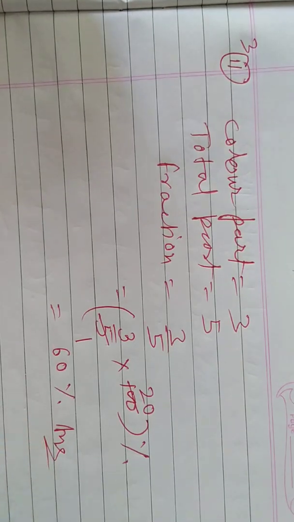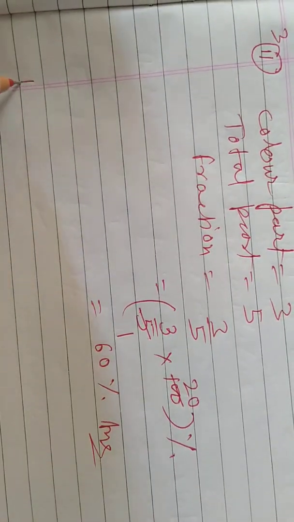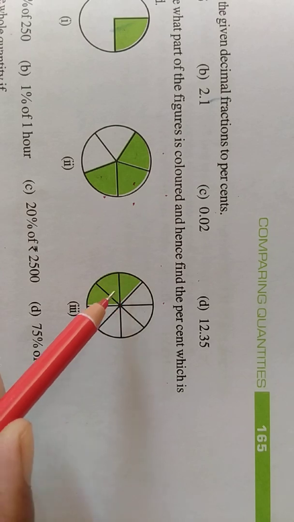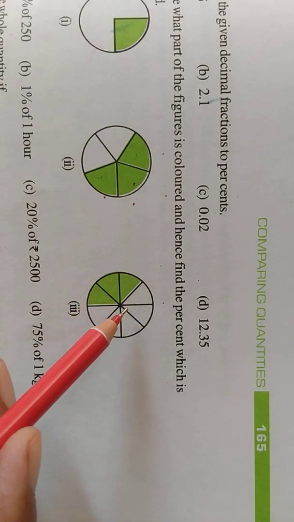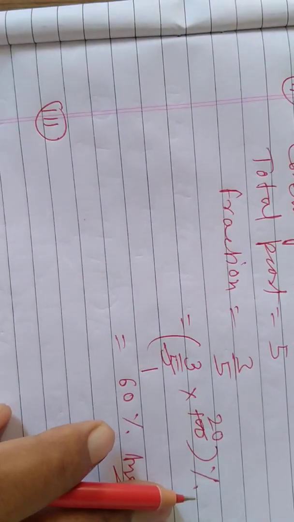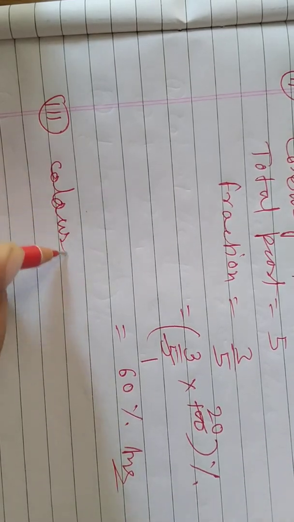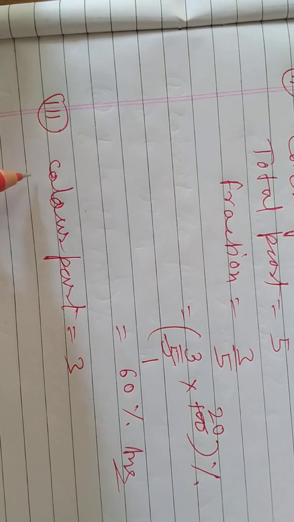Then question number 3, see here. In this question, we count the colored part. Here the colored part is 1, 2, 3. The colored part is 3 and the total part is 4, 5, 6, 7, 8. The total part is 8. We write here: colored part equal to 3 and total part